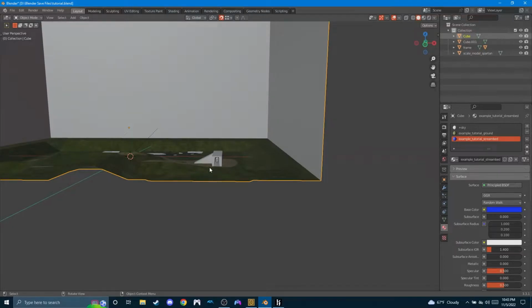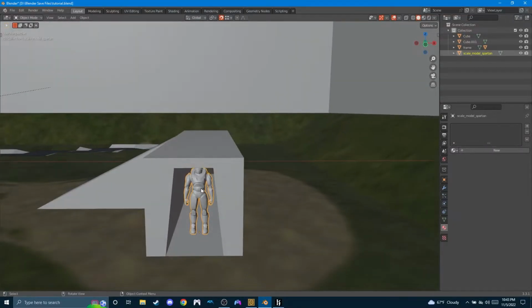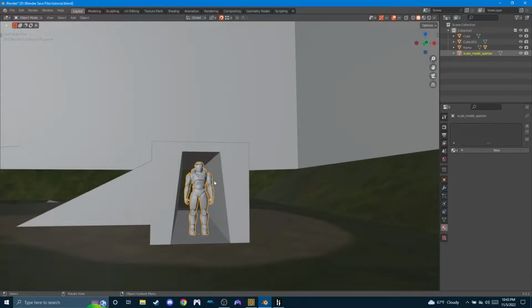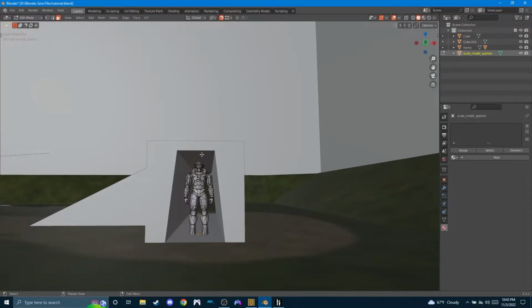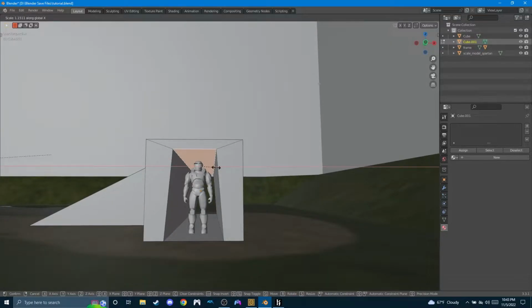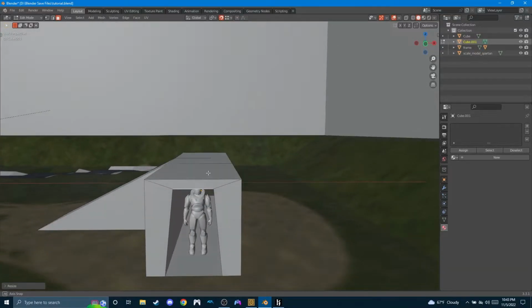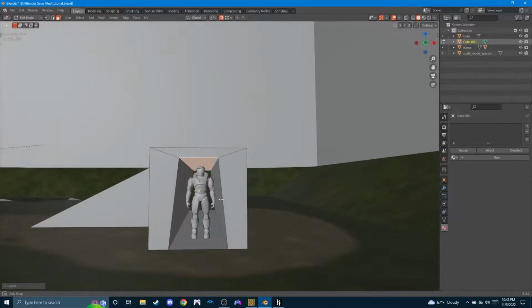That's why it's important to have a scale model Spartan, just in case you need to know how tall it is. You can adjust it if you want. You can click the face up here and adjust it. If you want to do some fine tuning, you give them a little wiggle room,